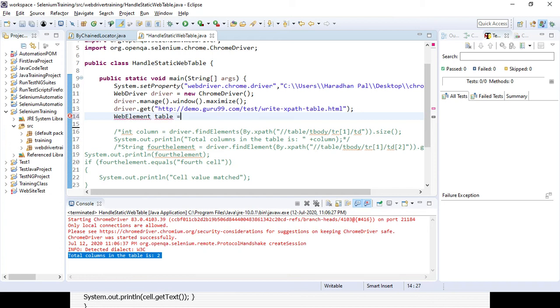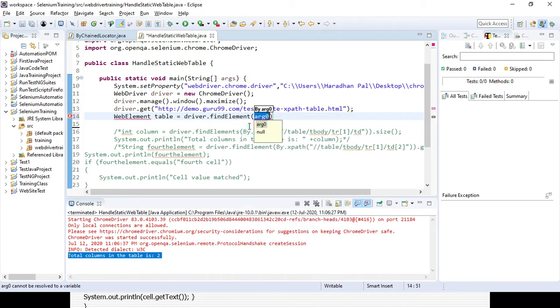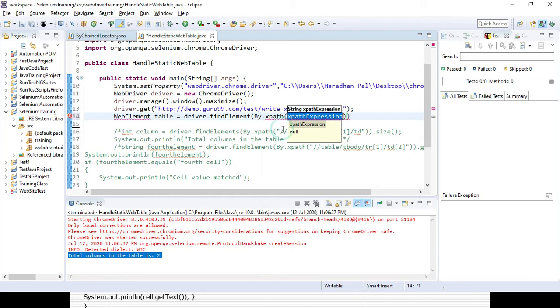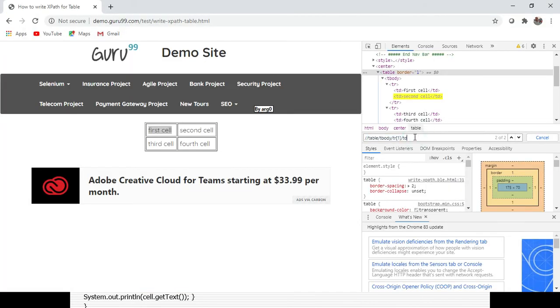Here you need to give the reference of the table: driver.findElement, it will be By.xpath. Here you need to create the XPath for the whole table. How can you create it? You need to give the table and tbody, right? You can see the whole table is getting selected. That's why you can create the XPath for the whole table.